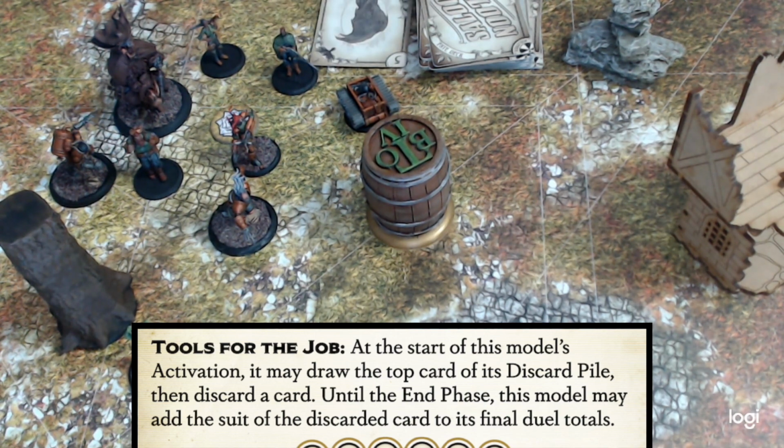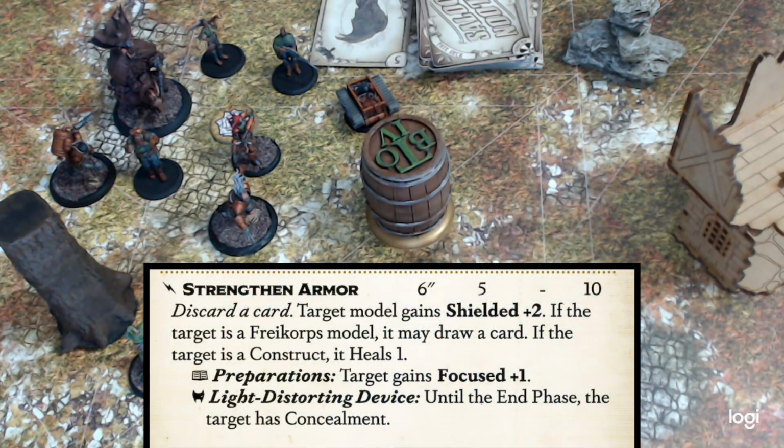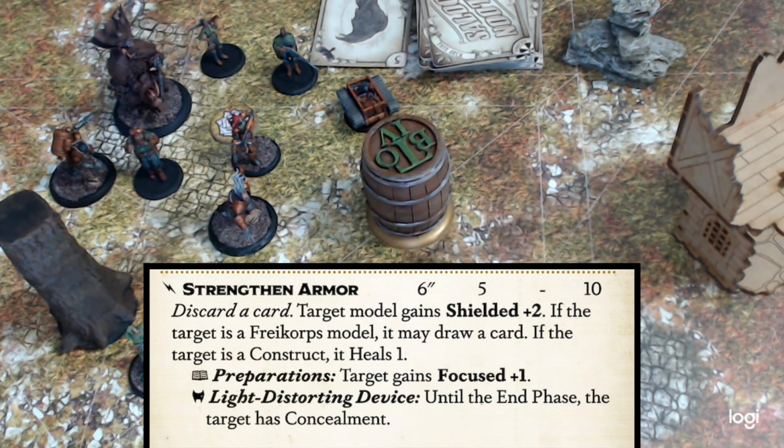So I'm going to discard a card here from my hand. I could do the Ingenuity thing right there, but for this example, I won't, because we'll say I'm going to do it with my bonus action. So the Engineer is within 2 inches of a ski marker. So instead of discarding a card to, let's just say I was going to strengthen armor Von Schill, I could discard a card to do this ability, but since I'm within there, I'm not going to